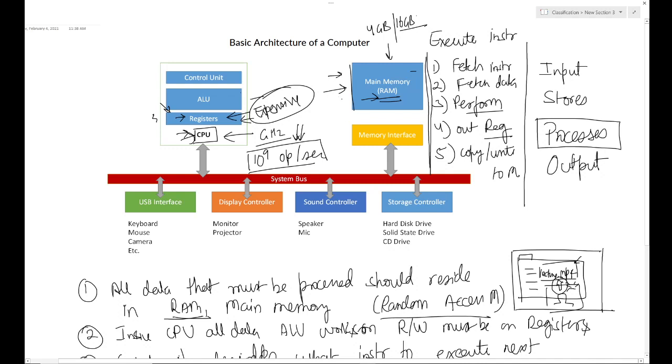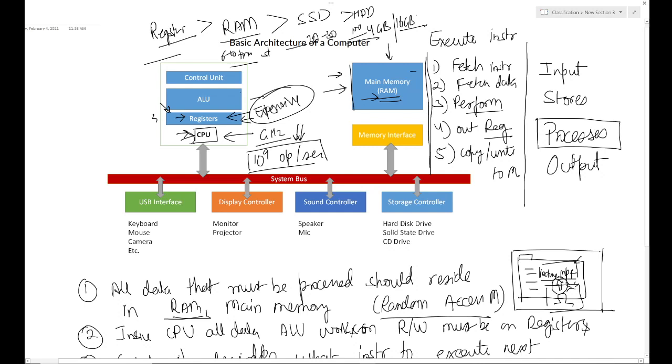So main memory is an order of magnitude slower. The fastest is the register. Then we have RAM, which is much slower, maybe 6 to 10 times slower than the register. Then comes our solid state drive, which is further from CPU speed. If we compare, it will be 20 to 30 times slower. Then comes your hard disk drive, which will be 100 times slower. So this is the memory hierarchy.